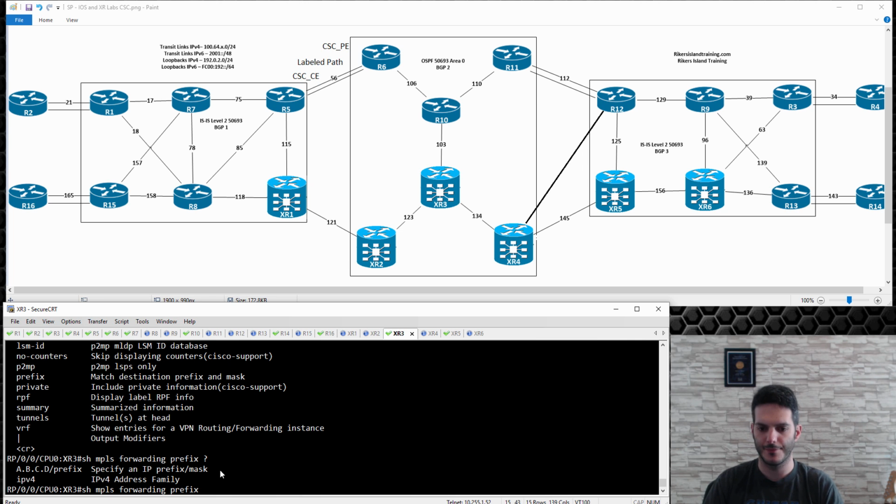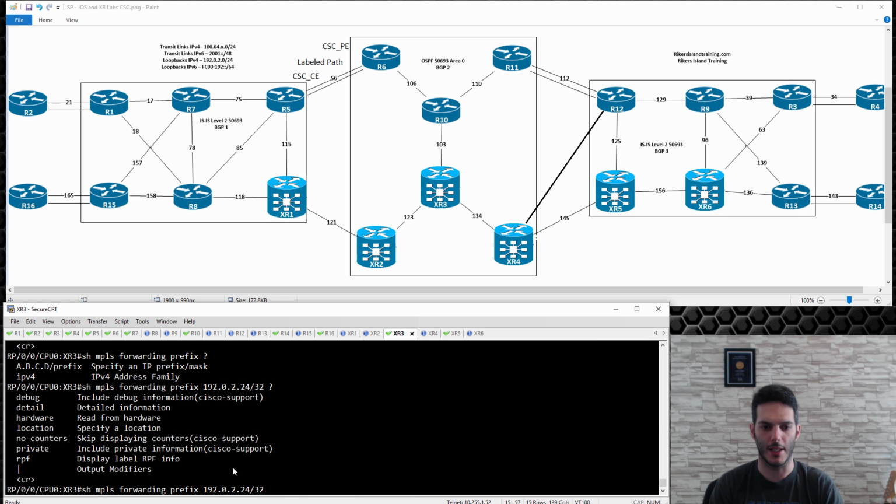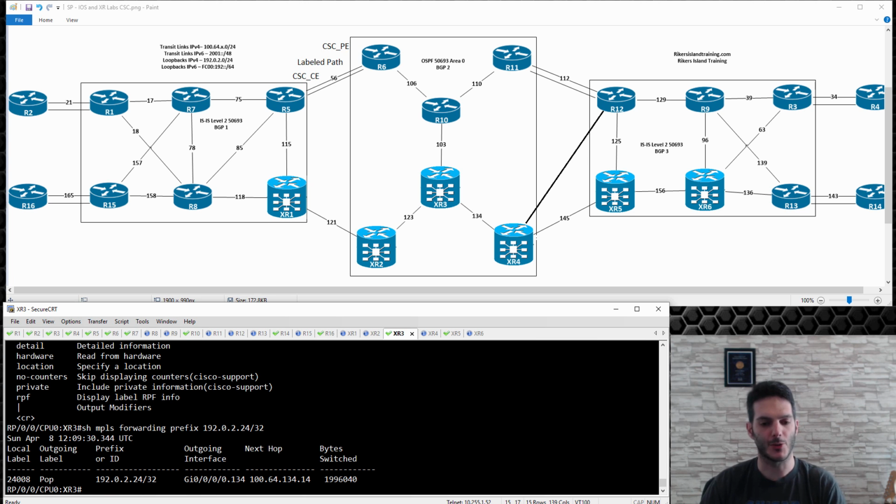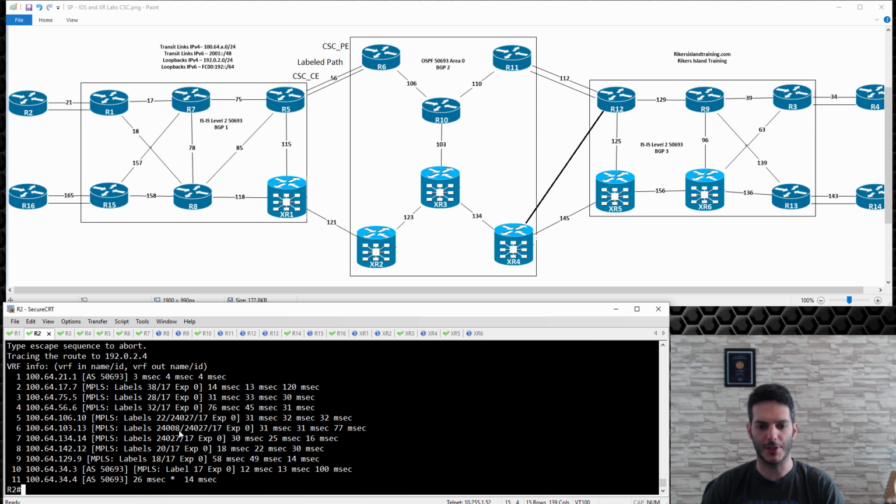Oh yeah, it's this 192.0.2.24/32 and enter. There we go. So 24,008 is going to be our transport label to get to our XR4. So when we look at this on R2, notice how 24,008 gets us there, but when we get to XR4, we pop that label. So this label gets popped, exposing